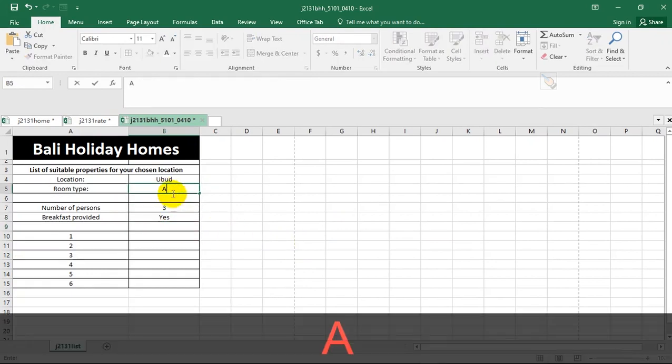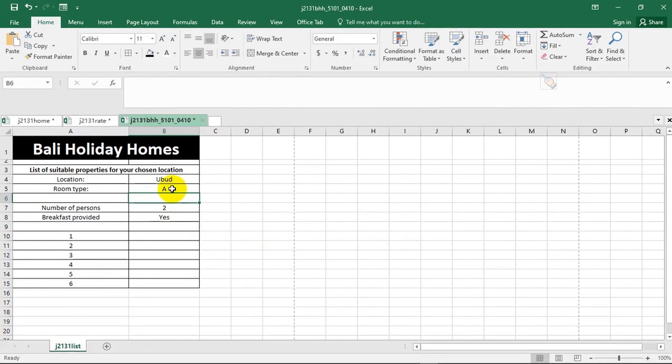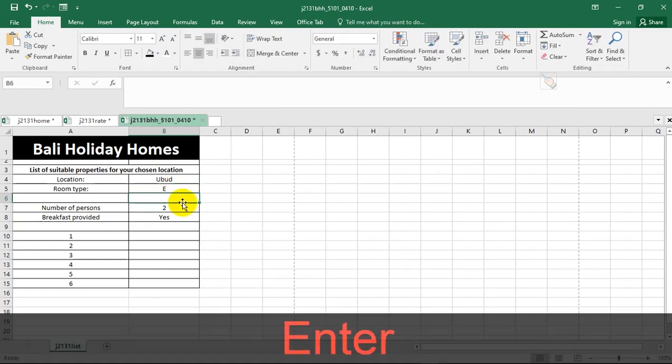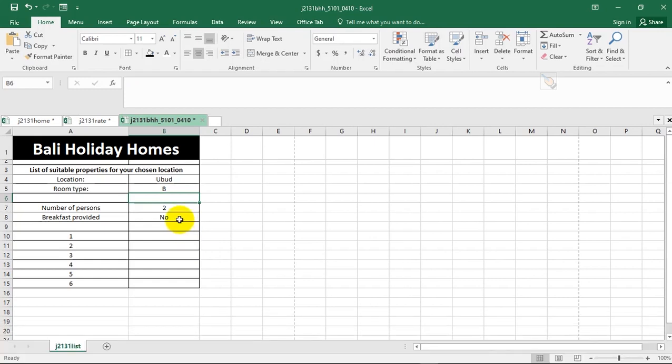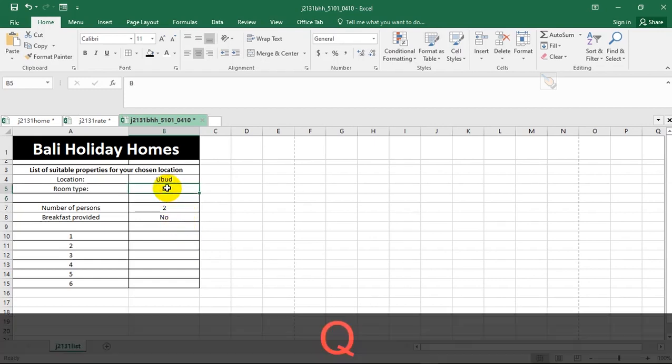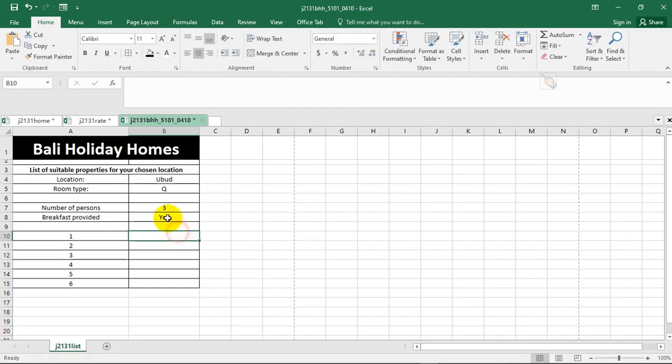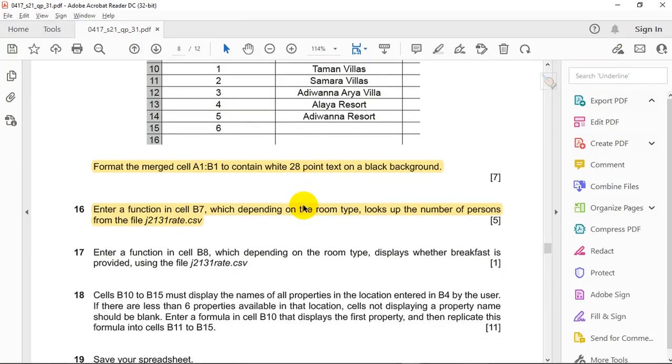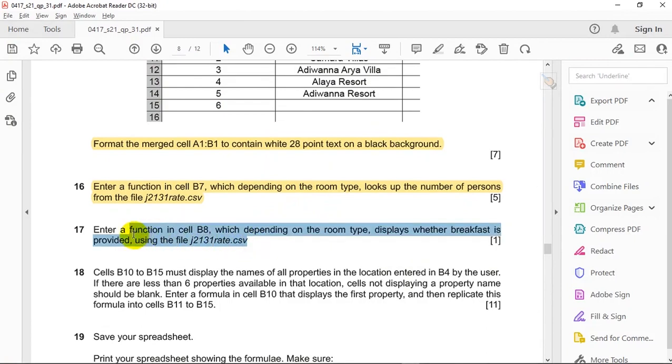So if I change this to A, breakfast is still provided, but the number of persons is 2. If I change this to E, alright. If I change it to B, okay, number of persons is 2, breakfast not provided. So go back to our default Q. So I see how this is trying to pan out. Very, very interesting. So it becomes more interesting